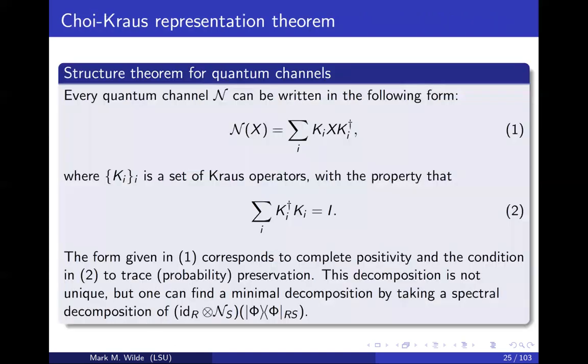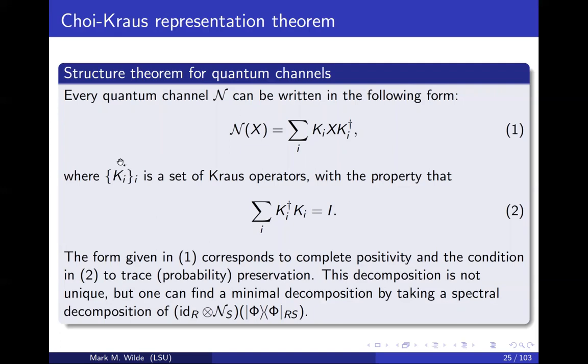There's an important theorem for the quantum case, which says that every quantum channel, as we said, that means that it's linear, trace preserving, and completely positive, can be written in this way. So what we talked about previously might have seemed like an abstract concept. This is a more definitive method of writing down a quantum channel. So you'd have a set of matrices. Their number doesn't matter. And what you do,